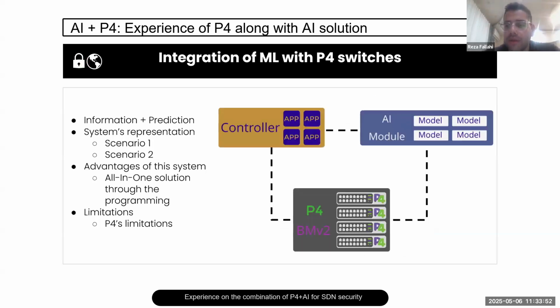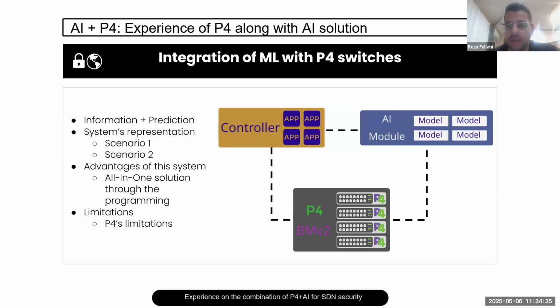And the overall idea, I've come across different solutions nowadays through reading articles and papers. We have mostly three sections in case of P4 plus AI solutions in security concerns. One section is the controller, the undeniable section of the SDN itself. And we have the P4, which is playing the network information extractor role in any kind of scenario, and the AI modules. The reason I brought up these connections is because we have almost two kinds of scenarios in most of the works.